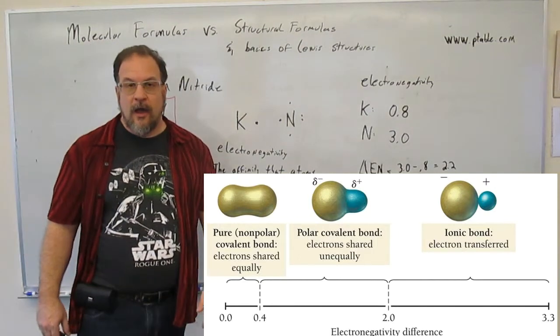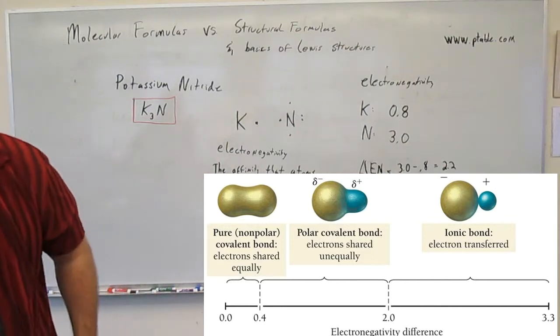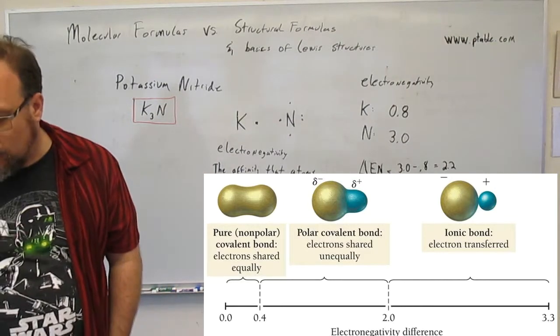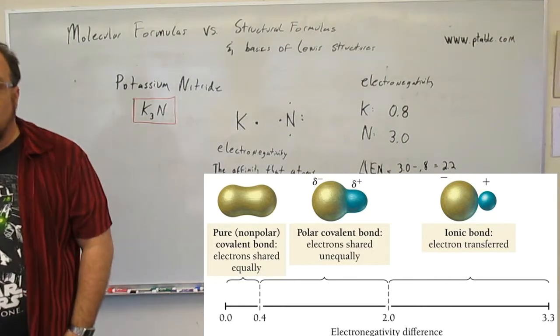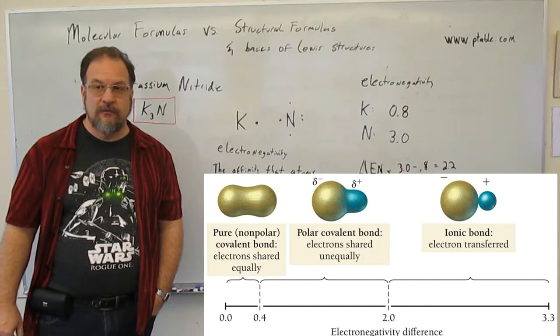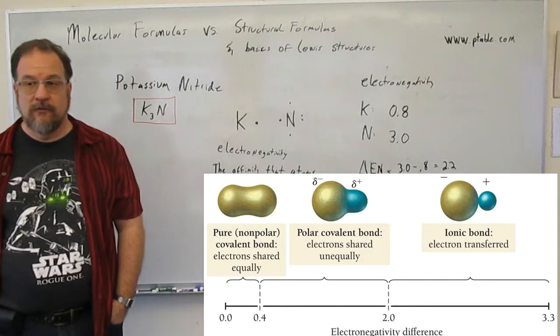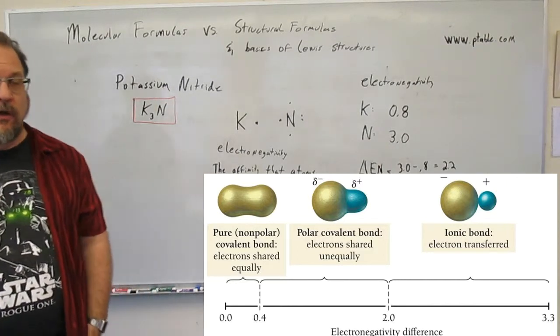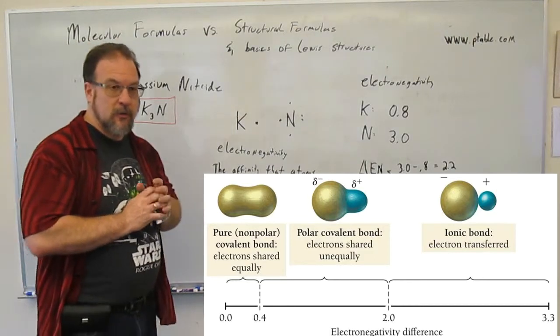For example, I have another text where it matches up 0.4, and then it goes 2.0. But the other one I'm using goes from 0 to 0.5, and then from 0.5 to 1.7 instead of 0.4 to 2.0. So be familiar with the one in your textbook,